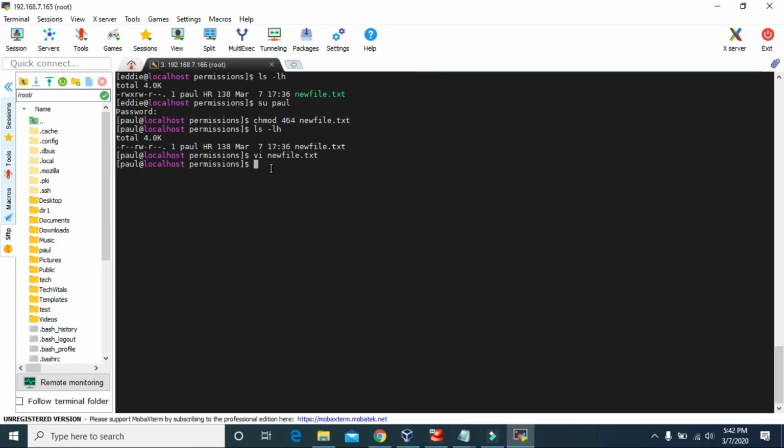And it's really important to understand this concept because it is related with the security of the files and directories